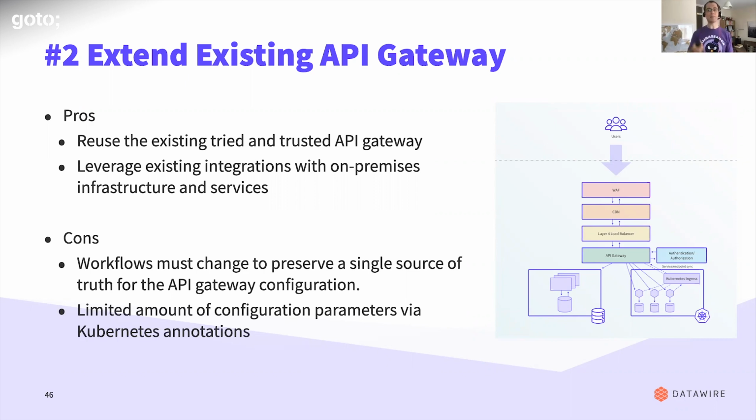And I did find there's a limited amount of config parameters in the Kubernetes annotations. Sometimes you want to tweak some caching, and you're looking for the annotation in the Kubernetes world. Like, how do I know I can change the caching in the gateway? How do I do it in the Kubernetes world? And that's not supported. Hat tip to all the fantastic teams out there working. There's only so much they can do, and they typically support the annotations with the most popular functionality first. So if you want to tweak some stuff in the Kubernetes world, you just can't do it. You have to, again, go out of band, raise the query with the platform team, raise a ticket, and change the actual config.